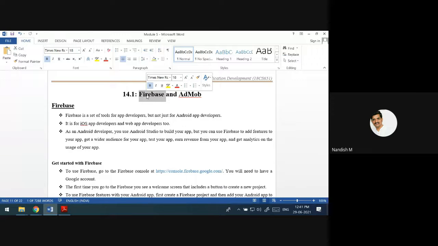What actually is this Firebase? Do we have only one database for apps? No, you have many other options, like SQLite, to interact with a database. But here we are going to discuss one of them, that is Firebase. The vendor of Firebase is Google itself, and they have provided this database. Is it only for Android app developers? No, even Apple iOS app developers and web app developers, everyone can use Firebase.